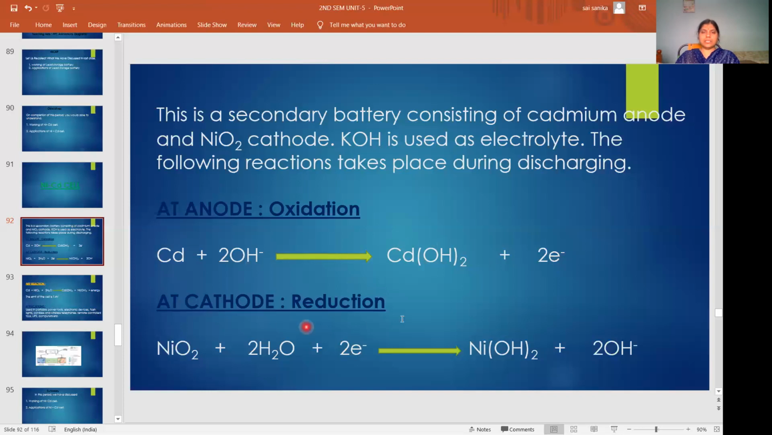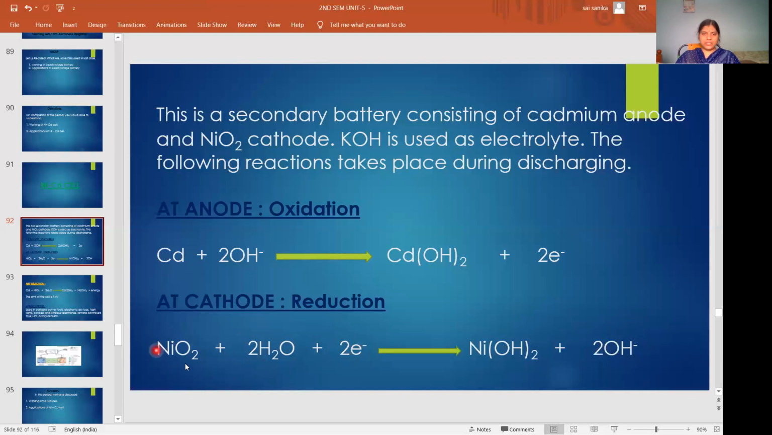Then at cathode, what is the reaction? Reduction. So which one is undergoing reduction? Nickel oxide. So nickel oxide is acting as cathode, and this nickel oxide only is undergoing reduction. It is converting into nickel hydroxide. So it is taking electrons and reacting with water molecules, converting into nickel hydroxide, and 2 hydroxy ions are released. So here 1 nickel oxide is reacting with 2 moles of water and taking 2